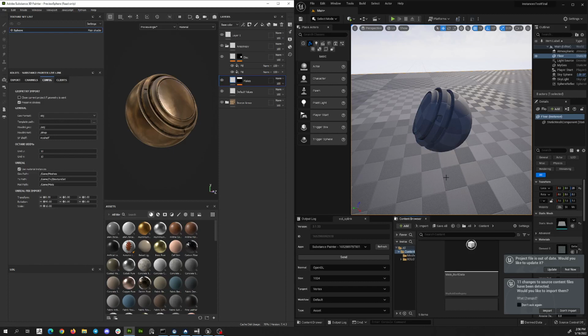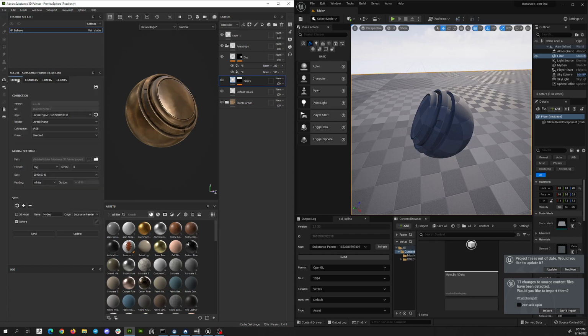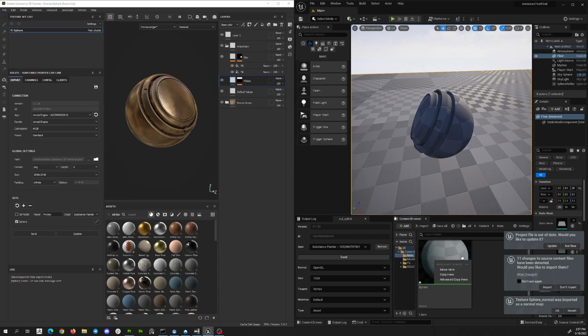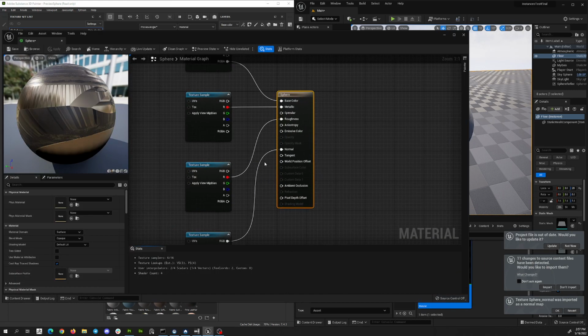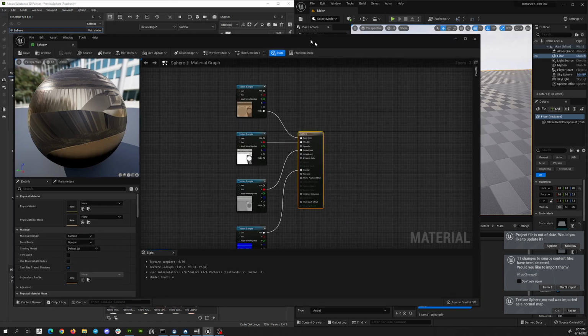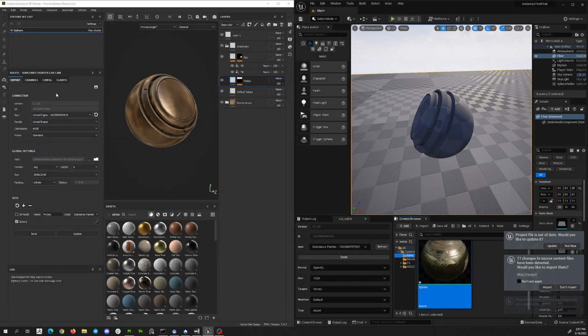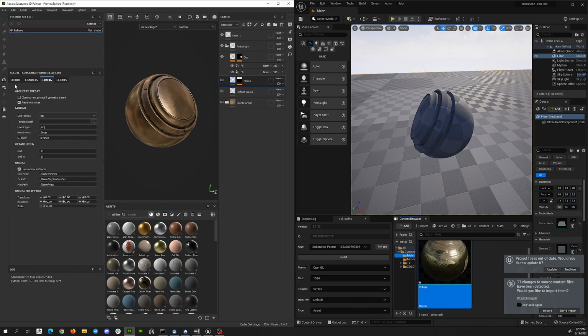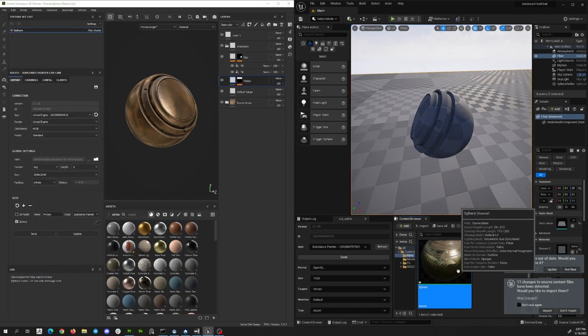Hi folks, I just wanted to show you how to use the instances. Basically in config, we have a new checkbox called use material instances. If I disable it and send the material, then here in materials a material is created with the setup. Now, if we enable use material instances instead, let's delete this material for now